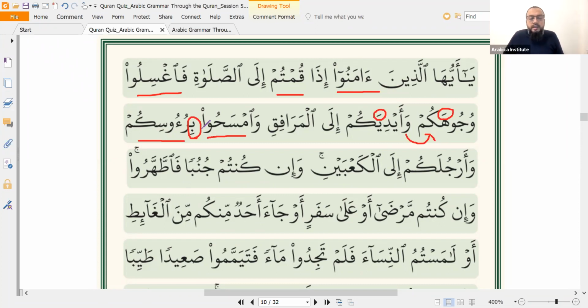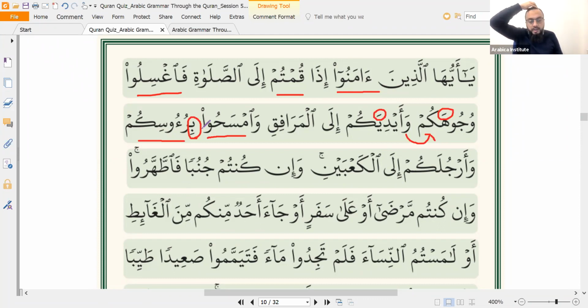Essentially, if you take it literally, it means wipe with your head. So what do you have to wipe? Wipe your hand, right? The Hanafis said, if you have to wipe your hand, then the space of your hand is about a quarter of your head. You can try this yourself: 1, 2, 3, 4. If you had 4 hands, you could cover your whole head. So the Hanafis say it's obligatory to wipe the space of your hand, approximately a quarter of your head.